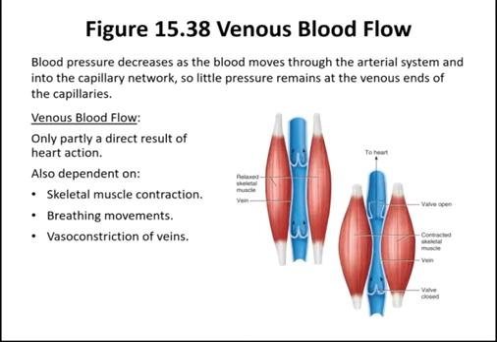Venous blood flow. Blood pressure decreases as the blood moves through the arterial system and through the capillary bed. We saw that chart, right, with that big gap on the left side, and the gap gets smaller as we move towards the right, and lower. There's a lot less pressure when we finally get to the veins, right,